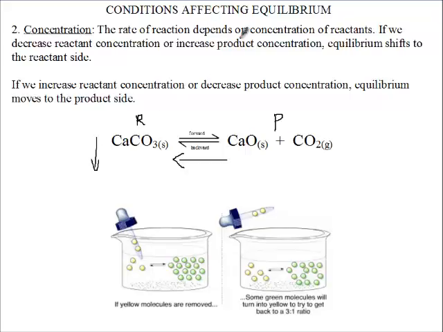That is what the notes imply. If we decrease the reactant concentration or increase the product concentration, equilibrium shifts to the reactant side. So if we decrease this side, the reaction will ensure that whatever we have lost will be replaced. Good. Now the next thing is that if we increase one side, so for example, if we increase this side,